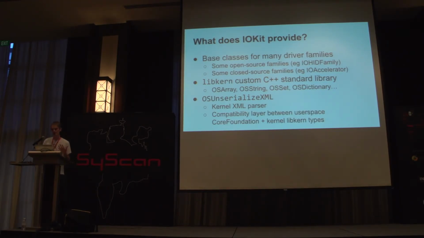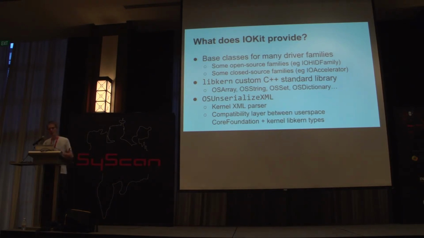So if you have ever developed any user space code on iOS or OSX, you'll be familiar with Core Foundation, which is their kind of Apple C runtime, sort of, that provides a bunch of standard types. Things like Core Foundation array, Core Foundation string, Core Foundation set. So you can see that there are analogies in user space for all of these OS array, OS string data types. And so what this XML layer really does is provide compatibility between user space